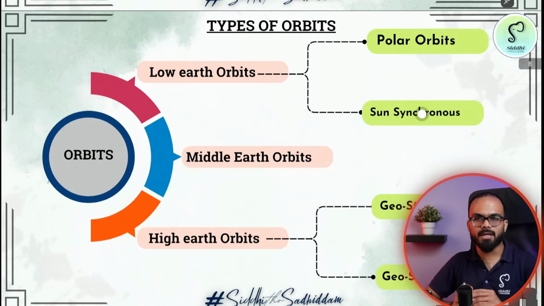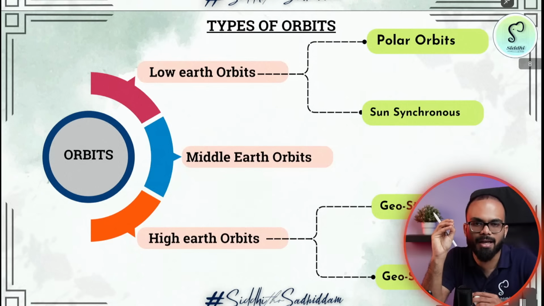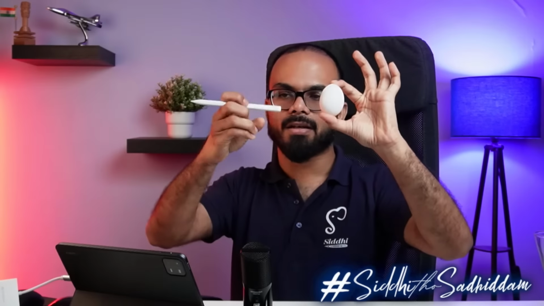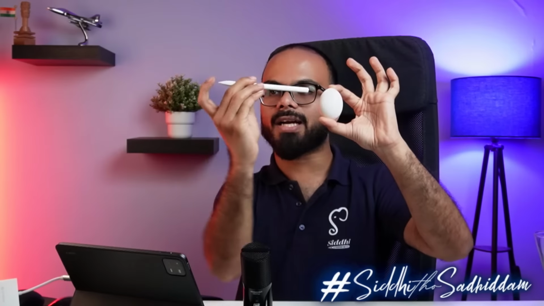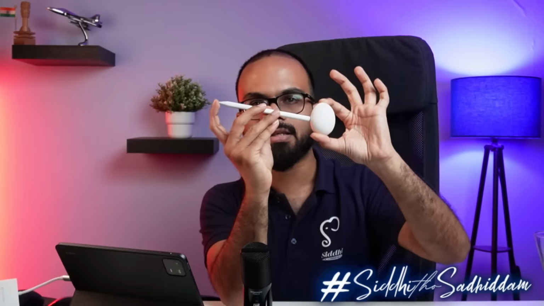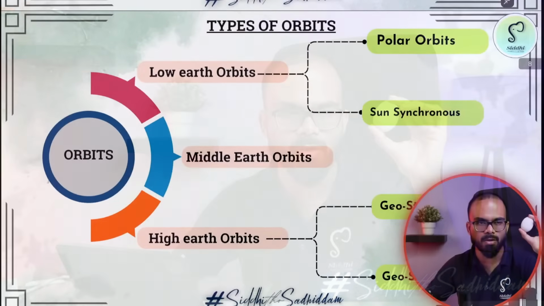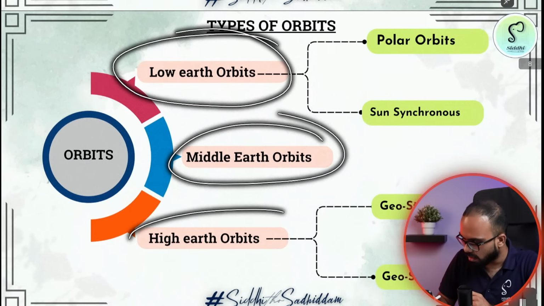Now, there are different kinds of orbits around the Earth. The types of orbits are decided based on the height at which they are there from the Earth atmosphere. So, for example, again, this is our Earth surface, and this is the entire height. At this particular point, till this particular height, we call them low Earth orbits, and till this height, we call them medium Earth orbits, and at this point, we call them high Earth orbits. The basic categorization of orbits is dependent upon the height from the Earth's surface. And as we know, there are three types of orbits: low Earth orbits, middle Earth orbits, and high Earth orbits.